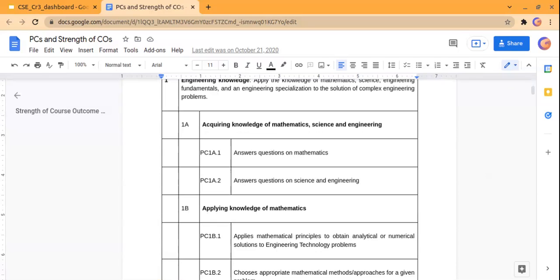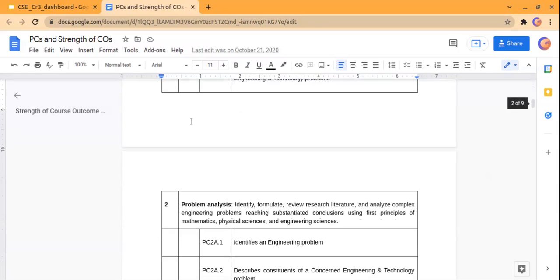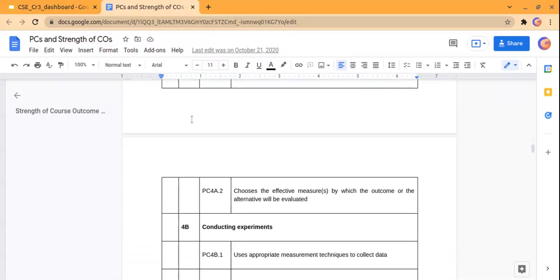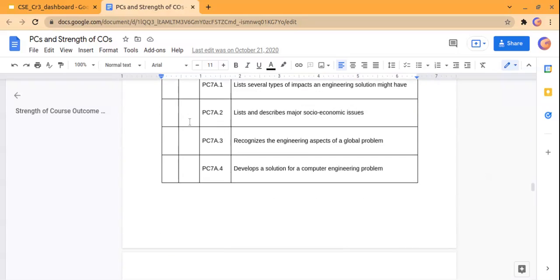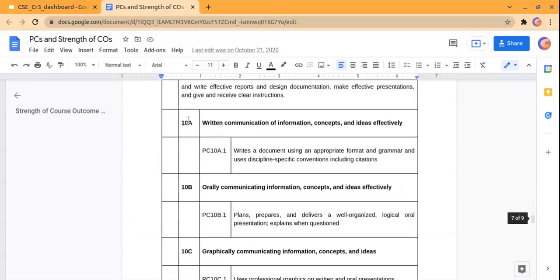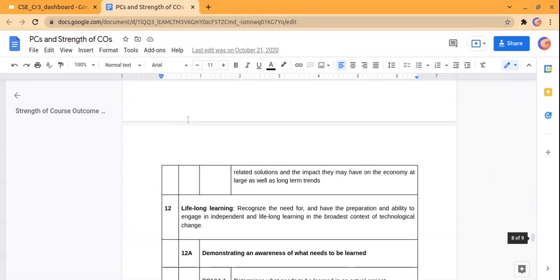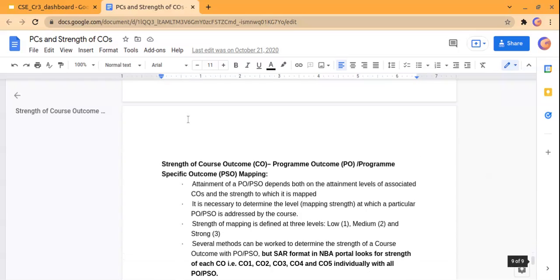CO defined by the course coordinator. Again, this course coordinator terms and other things are all taken from the criteria 2 itself. Now, course coordinators will sit and write COs and write the performance indicator for each COs. Okay, and there is again a process how to write it and everything, and that is in place. And these are the steps, or you can say the things required to write it.